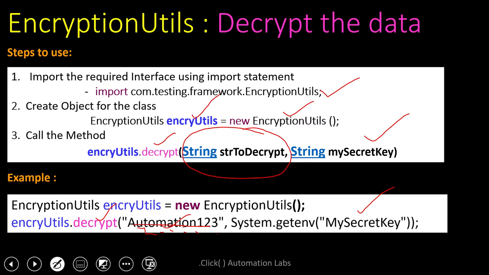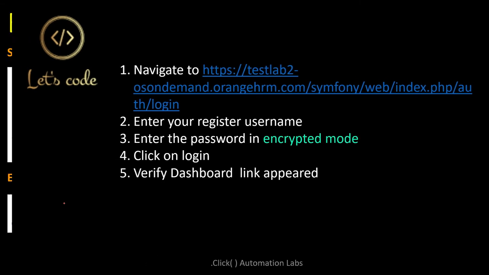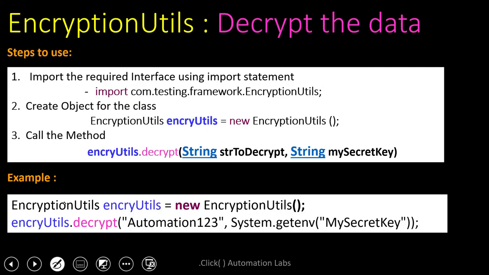In your automation test scripts, we will be using this decryption method. Before you use the encrypted password, somewhere you first need to encrypt it, copy it to a file, and use it in your test script with this decrypt method. I'm sorry, don't get confused. So this is how decrypt will work. First, let's see how encrypt and decrypt work, then we will come to an example.